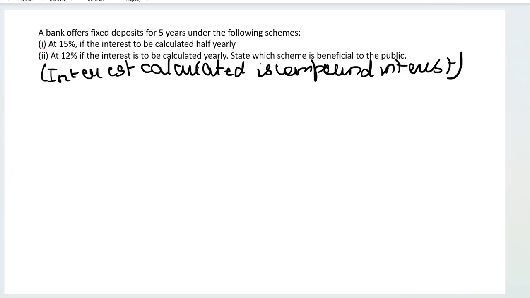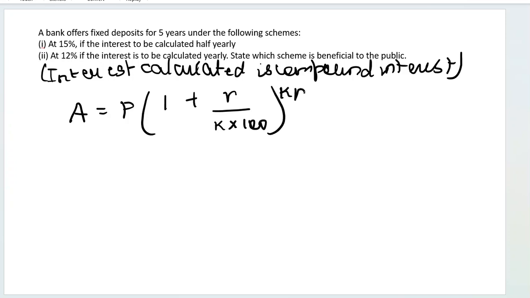So we now solve the following problem. A bank offers fixed deposit for 5 years under the following schemes: at 15% if the interest is calculated half yearly, at 12% if the interest is calculated yearly. So now we need to know the formula for compound interest. In compound interest, the formula is directly given for amount, which is nothing but P into 1 plus R by K100 raised to Kn, where P of course is principal,